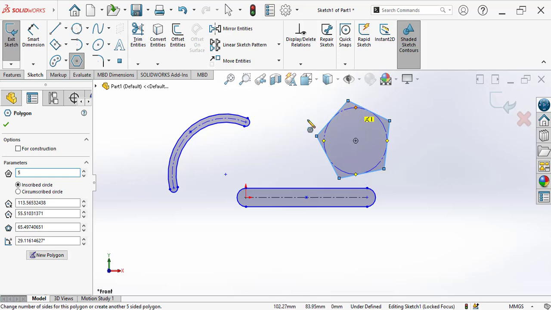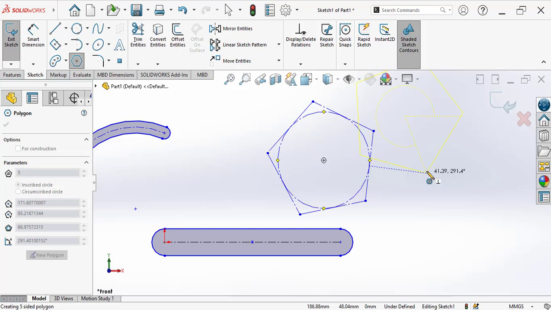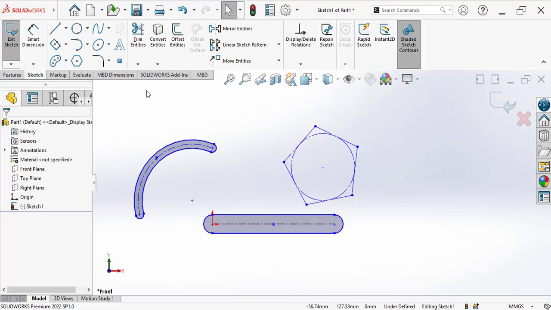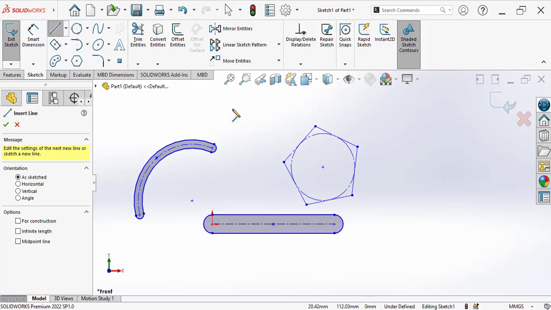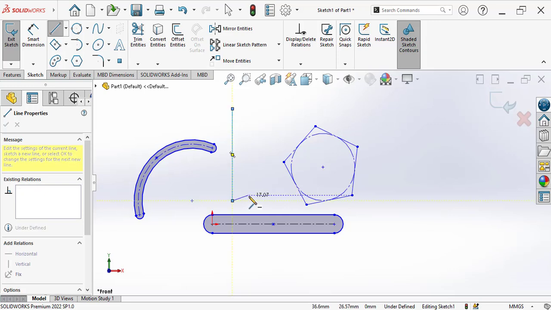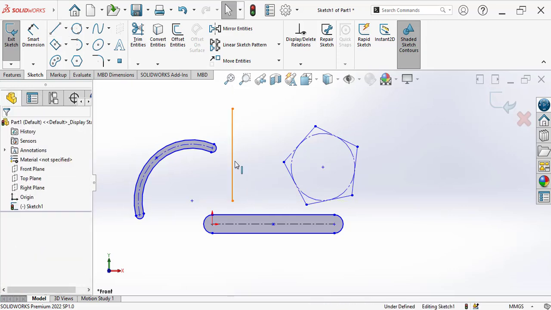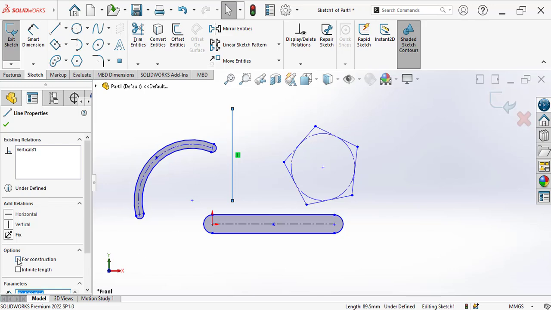Okay. If you click for construction while creating any sketching entities, this will be displayed as a construction geometry. You can see here, right? So this is a simple option for making some reference point. Always we used to create by just clicking the line and ticking the option for construction. If you give infinite length, then it will be a reference length. Okay, don't give this infinite length. Always we use it only for constructions. Okay, so these are all the basic